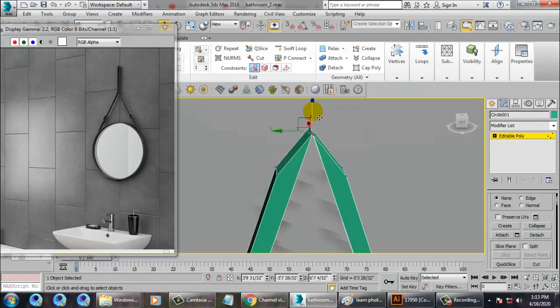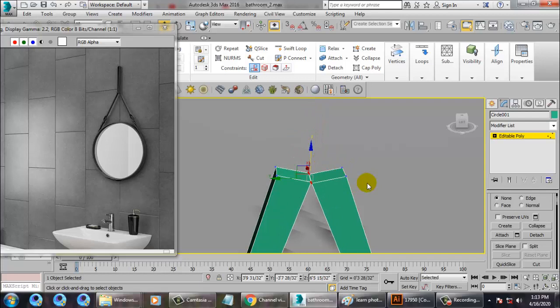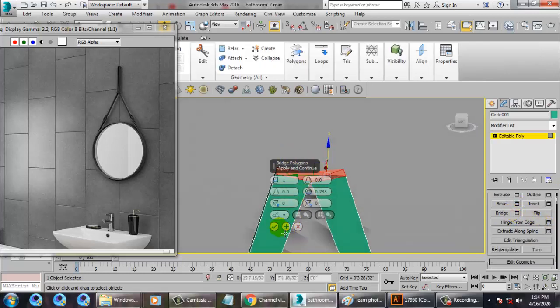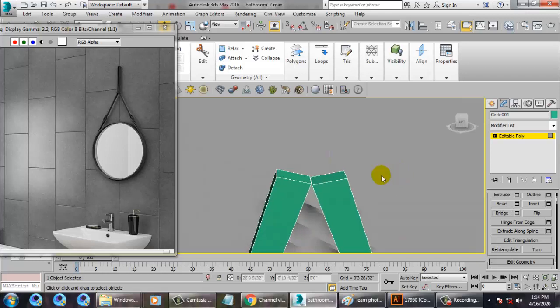Select this, just push this down. So let's select this and just, if you want, you can just bridge it. You don't need to bridge it right now.